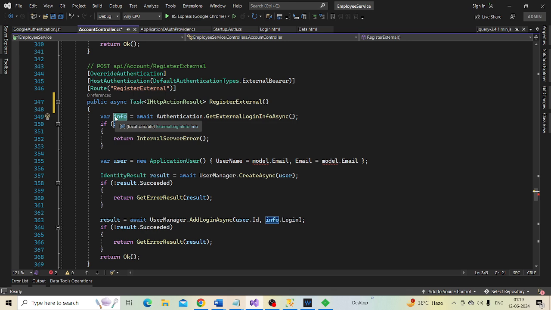We have already deleted the model object, so it is no longer available. But to get the email property value, let's use the info object, which also has the same email property. And let's go to the login page, means paste it here.